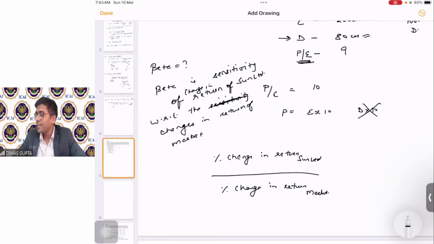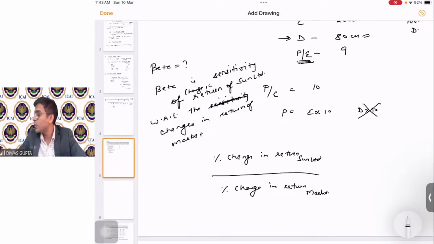Shailesh is saying systematic risk from portfolio management. Okay. It's actually not systematic risk. It's used to calculate systematic risk. Yes, Shailesh. Perfect. Good to see. Gurram is saying sensitivity of P by E. Yes. Satish is saying beta means what is the change in security return for every change in the market return. Very good. Yes. All of you are correct.